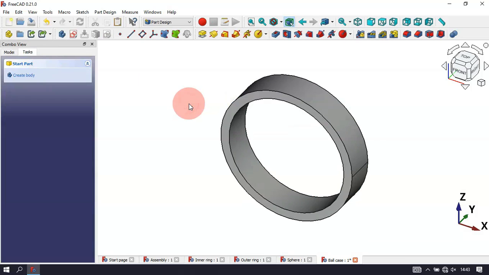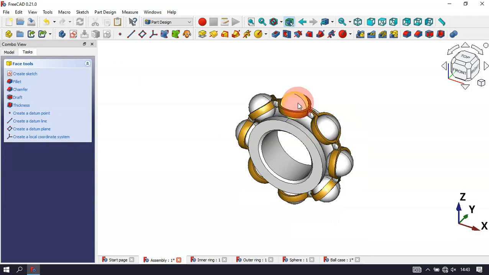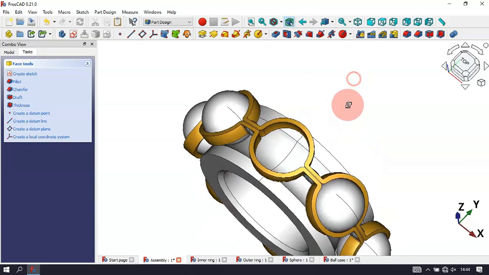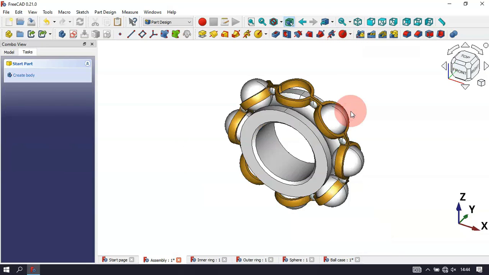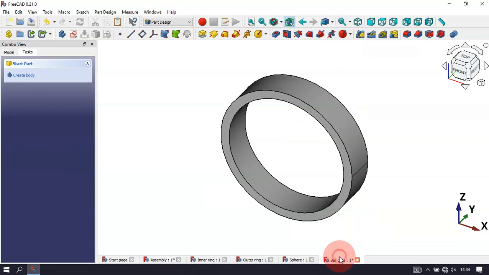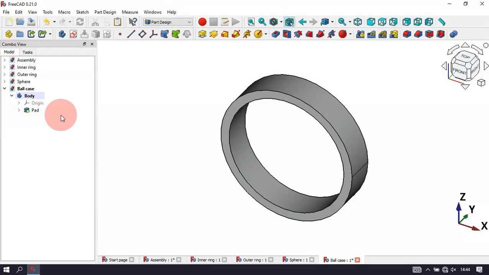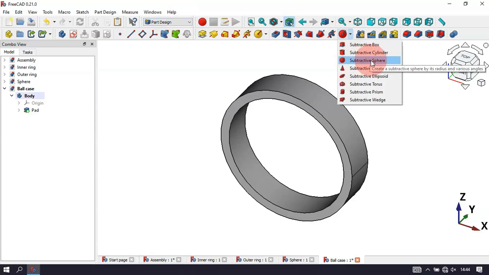Okay, and the next thing to do, let's see here. The next thing to do is to create this pocket using this tool here, subtractive sphere. So let's do that. Let's go to the ball case document, and now what you do, we go to subtractive tools of PartDesign workbench, and we click here and we can find this tool here, subtractive sphere. Click here,